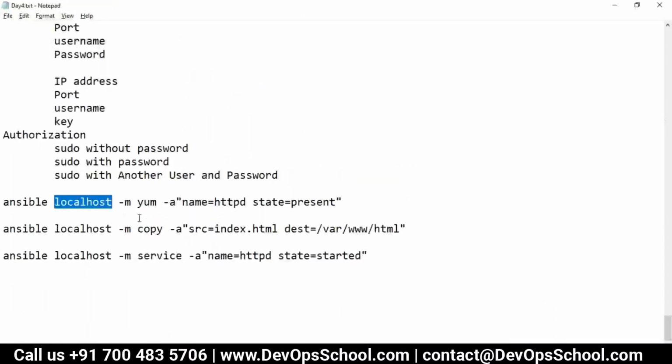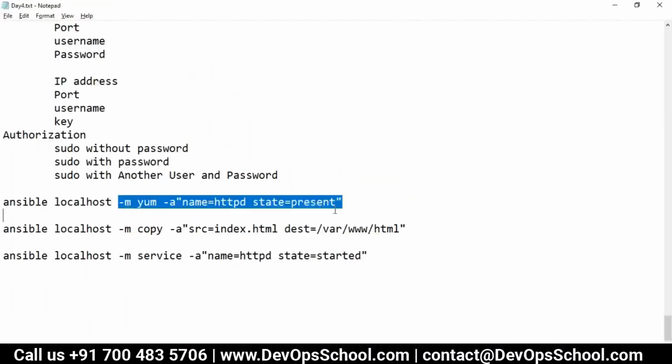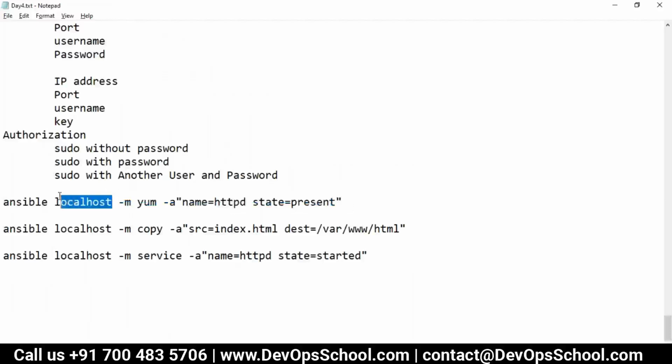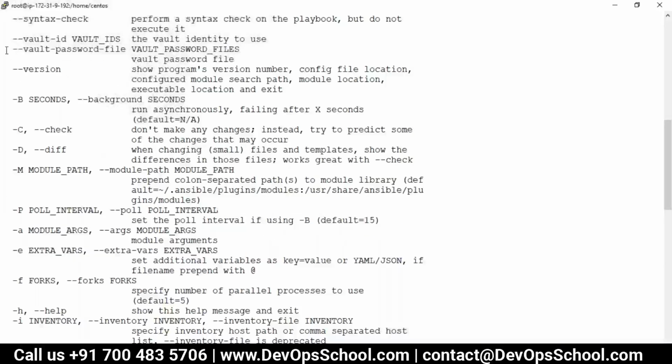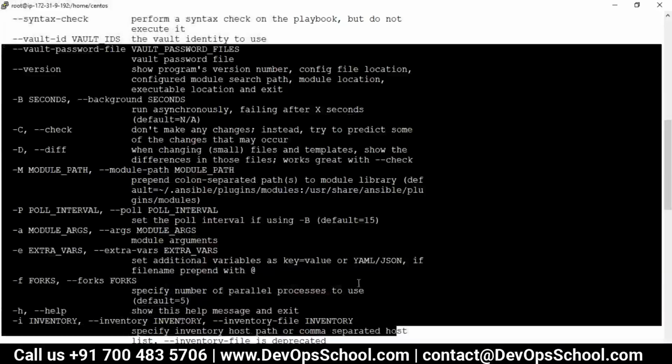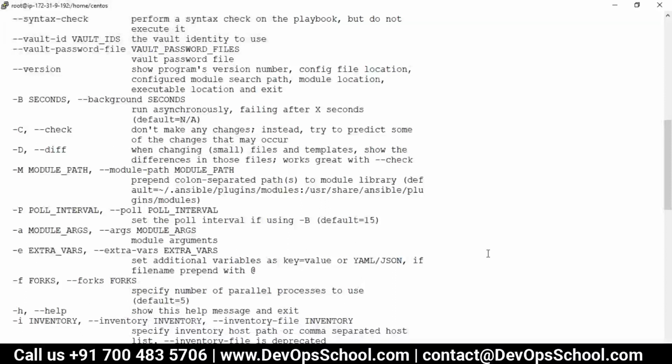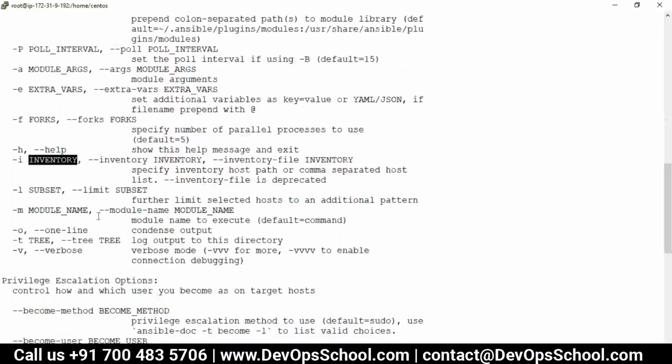I was asking, I want to run this module on the remote machine, but I don't know which option I should go for. So how do I know which option I should select? Inventory. See here, -i stands for inventory. You can use --inventory also, or --inventory-file.